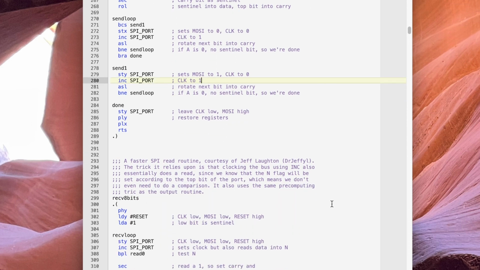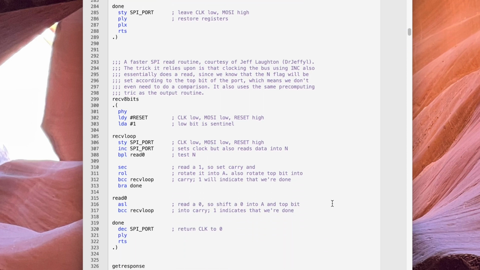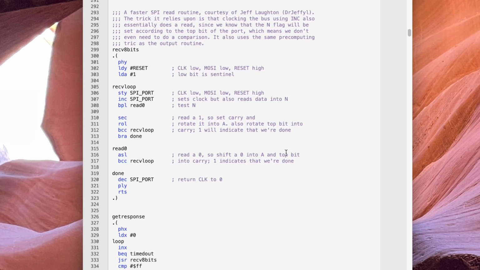This is the cleverest of all, and it's in the data read. So the data read works very similarly. This LDA #1 sets a sentinel bit so that we're going to use that to know when we've finished, when we've received the entire byte. But here's the trick that Jeff's code uses. See this here, that INC PORT2 which raises the clock, sets the clock high. What it also does is to sense the top bit of the